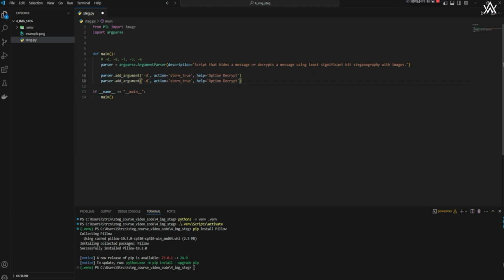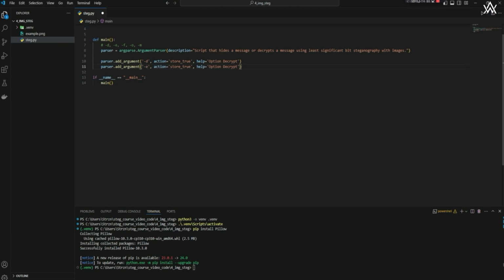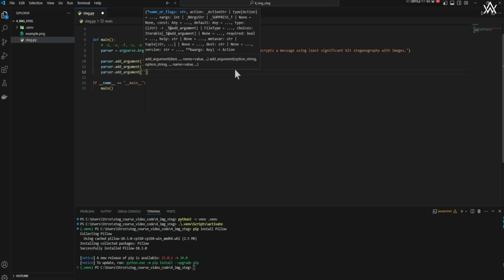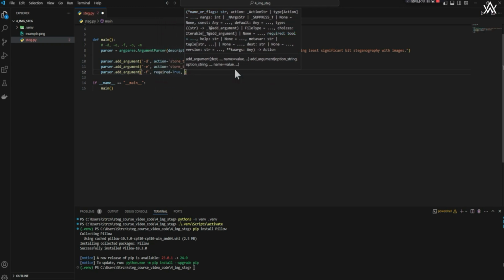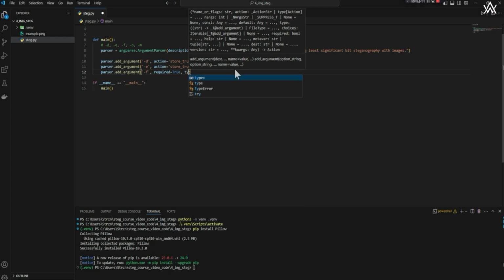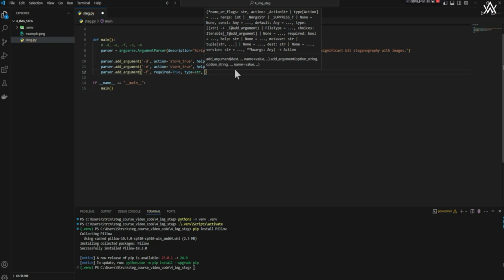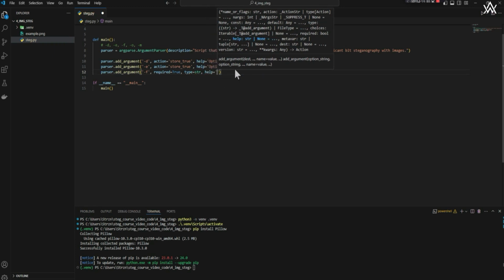So I'm just going to copy and paste this. And then we'll say, instead of -d, we're going to have -e, and instead of option decrypt, it will be option encrypt. And then we're going to say parser dot add argument, and we'll give it the -f for the input file, and we'll say required is equal to true, meaning it will error out if they don't give the -f flag with a value. And we'll say type is equal to string, and we will say help is equal to file input